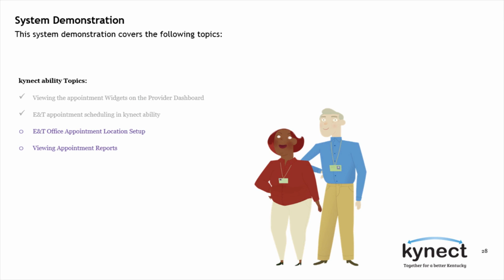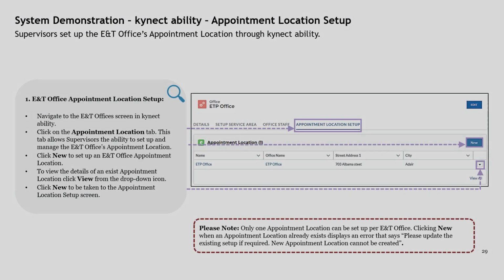During the next portion of the system demonstration, we will discuss the appointment location setup process for ENT offices. Supervisors may set up the ENT office's appointment location through Connectability by navigating to the ENT office's screen. Setting up an ENT office location will allow it to display on Connect benefits and Connectability as a location for ENT appointments. For Phase 1, locations will be automatically uploaded in the system, but additional details will still need to